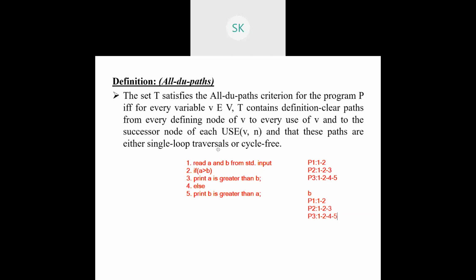And one more thing is, there should be cycle free. Cycle free means there should not be any loop formation. 16 to 16 is not called all DU paths because there it starts and there it ends. There is a loop. That loop should not be available. There should be a single path from one node to another. If you have that, then it is easy to identify that yes, it is possible to have definition usage. This is with respect to your definition usage.